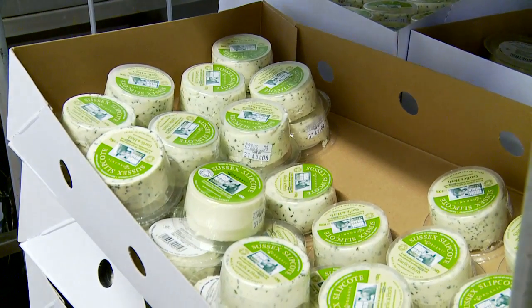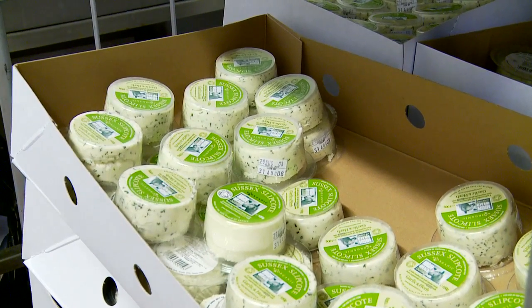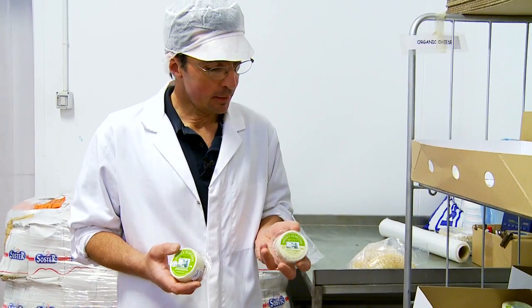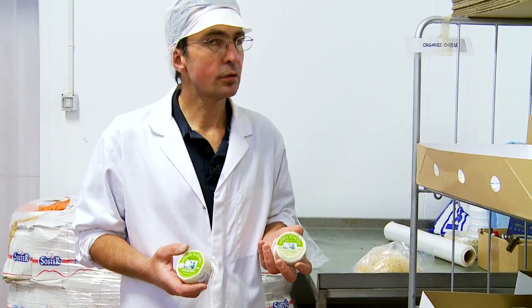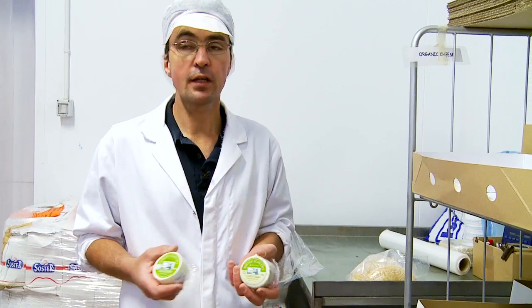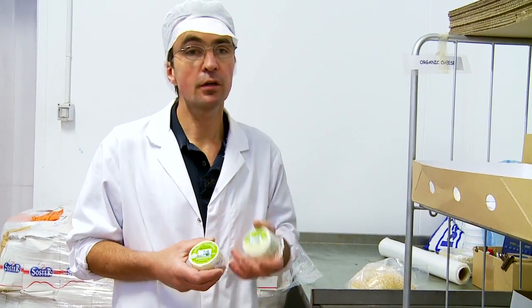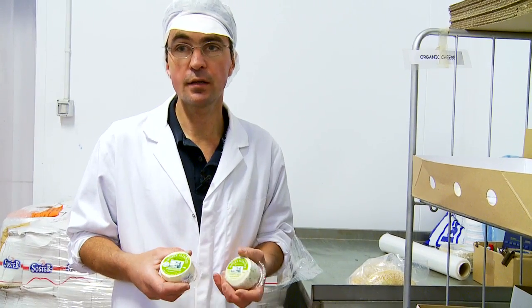Yeah, these are the Sussex Slipcut Soft. It's a fresh, soft sheep's milk cheese, and we made this on Tuesday, packed it on Wednesday, and it's ready for sale today, Thursday. So it doesn't take long to make and mature, unlike all the other cheeses which take a minimum of 3